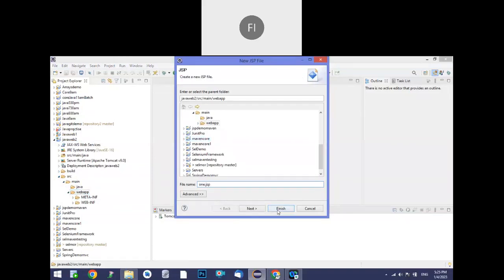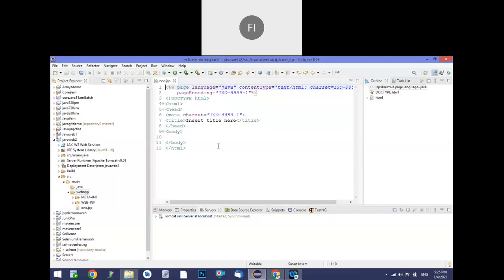Then in that case, will it work? Yes, it will work, but you need to change that name. I will tell you where to change. So now click on finish, okay. If the starting file name is not given as index, so index is a default name. But if you want to give your own name like one.jsp, some xyz.jsp, then